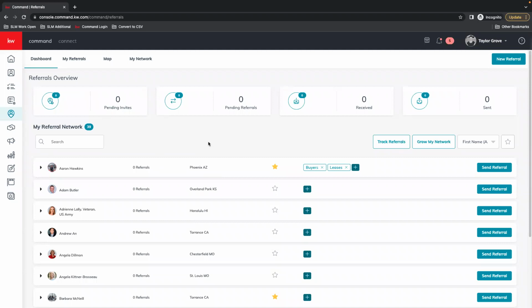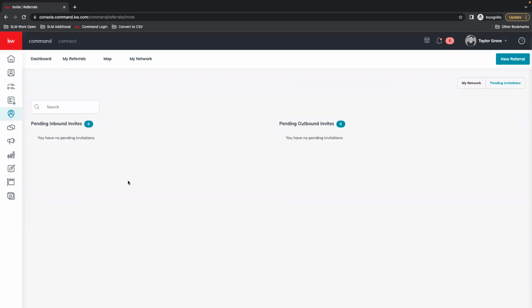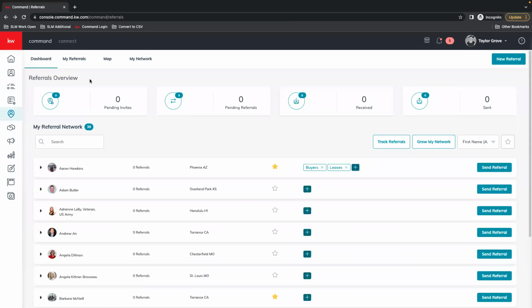This is also kind of an overview of what you have going on in regards to referrals. So we have any pending invitations, either sent or received. So if someone sent you a request to join their referral network, those would be here. Or if you have any outbound invites, so if you sent any invitations out, same thing with referrals.